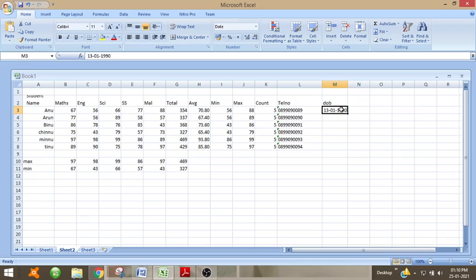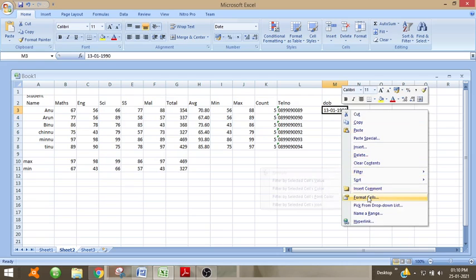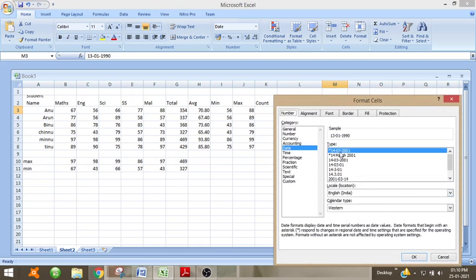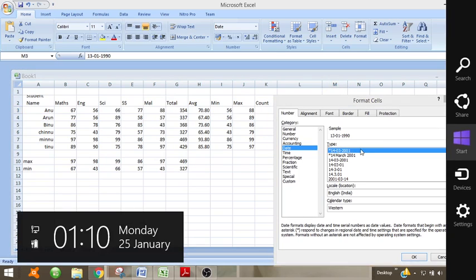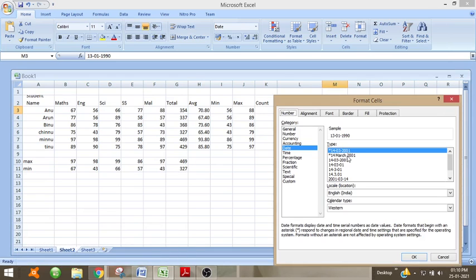Now we can change the date format: format cells, select date. Any type of date format can be selected. Here it is already 14/03/2001, that is for March. Our Indian date format is there, so we have already selected that type of format. We can use any format available. Select the format you want and then click OK.